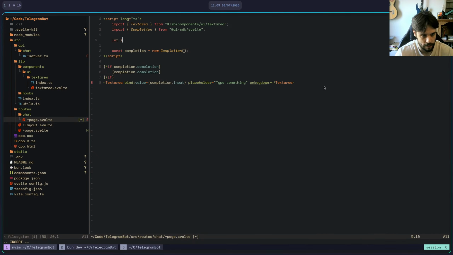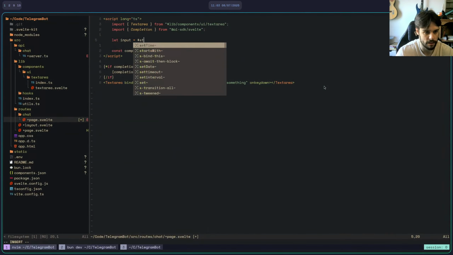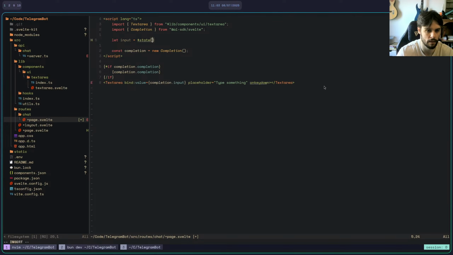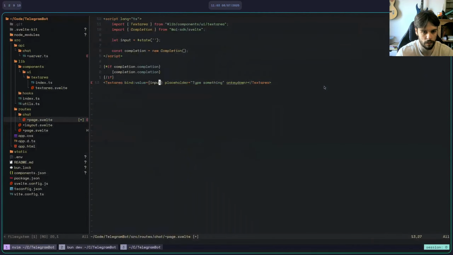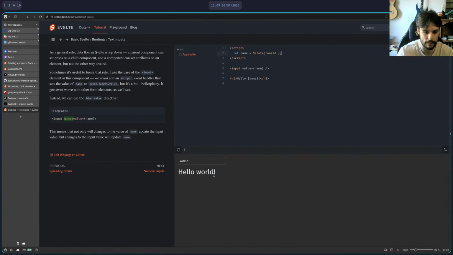So I guess I need to do let input equals state. Oh, it's just automatically imported as well. Input. If I type in there, find value.